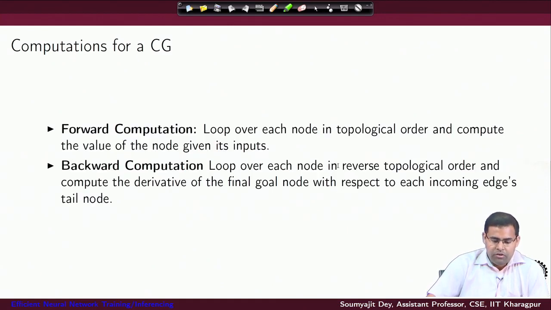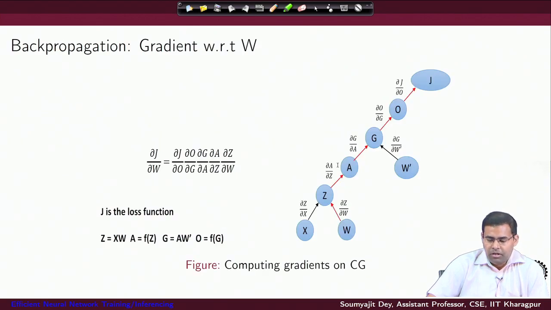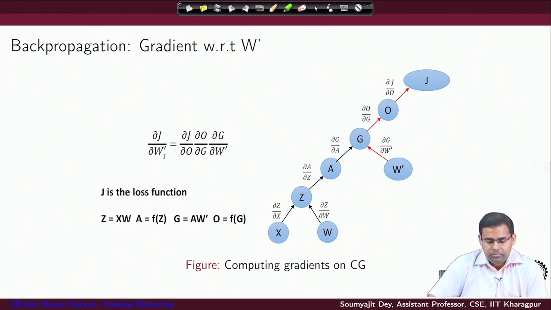So, this is how I can do the forward and backward computation, but how does that really help? Our overall objective is to compute this, right, del j del w. As we have been discussing earlier, I can follow the derivatives chain rule, and since each of these expressions would be available to me, because I have these dependencies for each node and I know their values, I can just compute each of these individual derivatives and compose them to get the overall derivative of the loss function. Similarly, I can also compute the derivative of the loss function with respect to w prime, and that follows these red marked arrows, right.